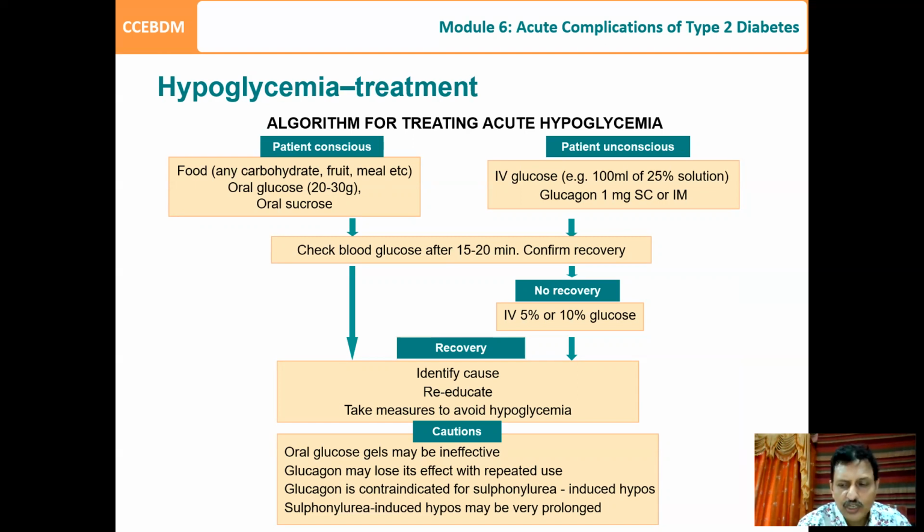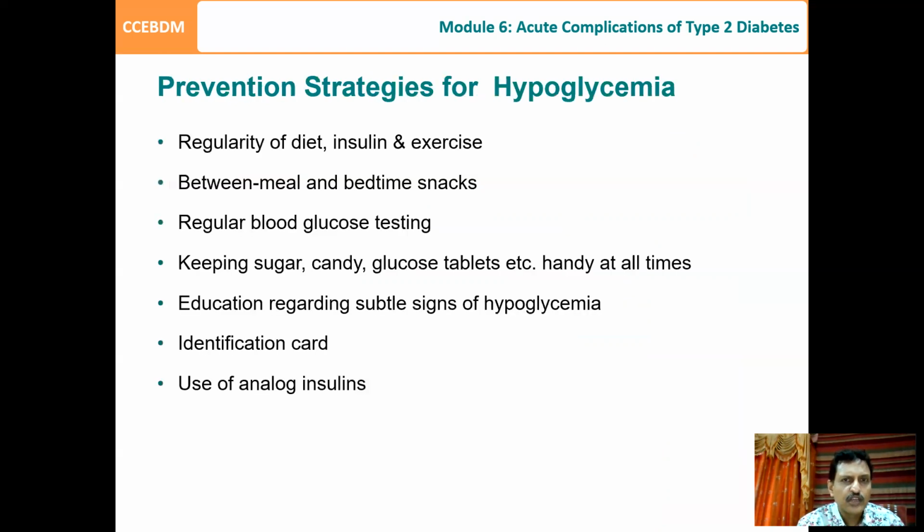Sometimes sulfonylurea-induced hypoglycemia may be very prolonged, and you have to give a glucose drip for a long period of time, especially when you are giving long-acting preparations of sulfonylurea. So the prevention strategy is to check regularity in the diet, exercise,